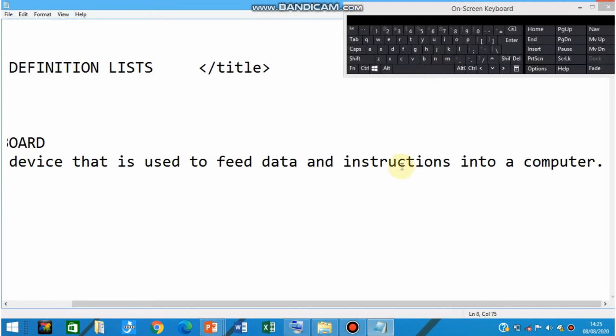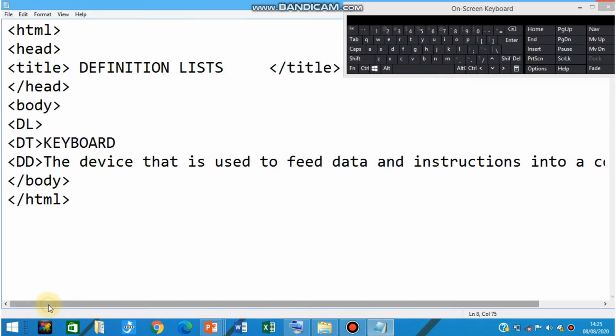Fine, this is the definition of keyboard, and we have mentioned it inside the DD tag.